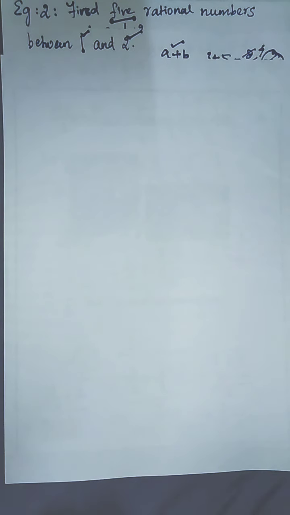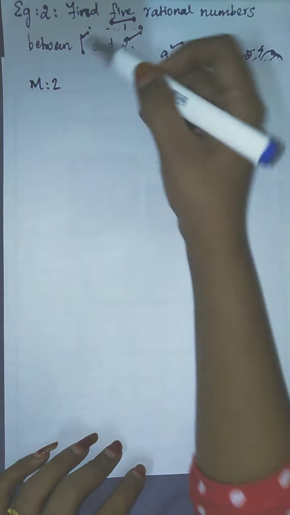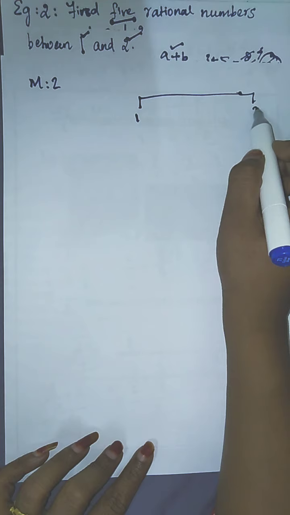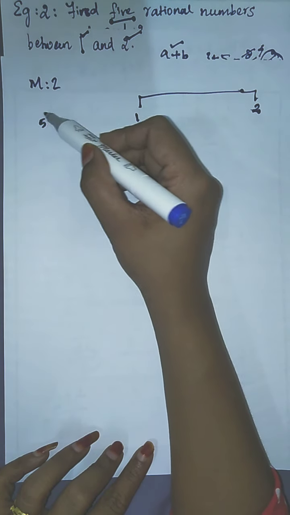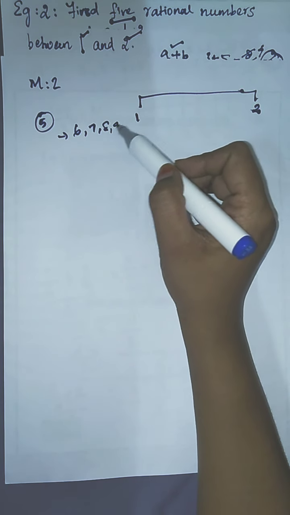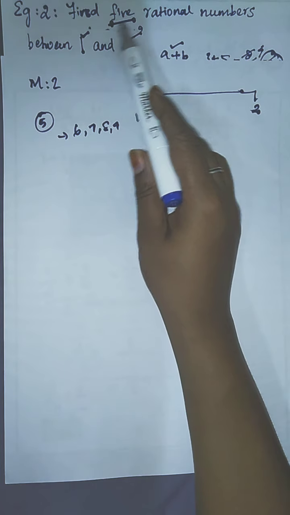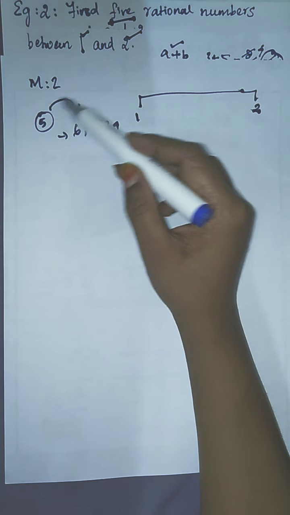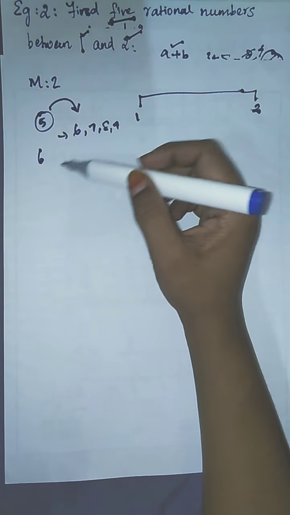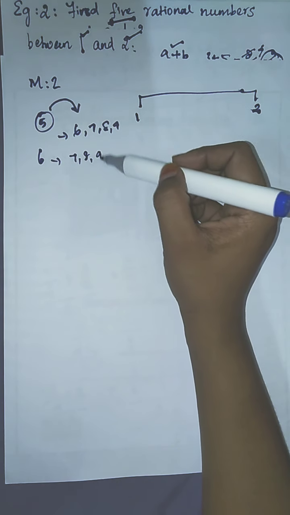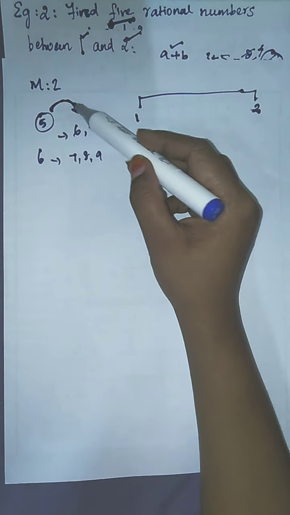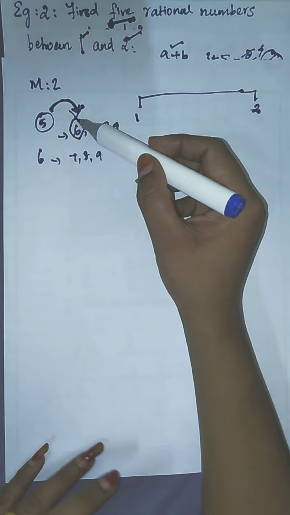That is very simple. Okay, method 2. Same thing, we have to find 5 numbers between 1 and 2. So we can take 6 or 7 or 8 or 9, anything. If you want to find 5 numbers, we have to take a greater number than that. If we have to find 6 numbers between these 2 numbers, we take something like 7, 8, 9 or anything. So if it is given as 5 rational numbers, we have to take a greater number than that. So I am choosing 6 here.